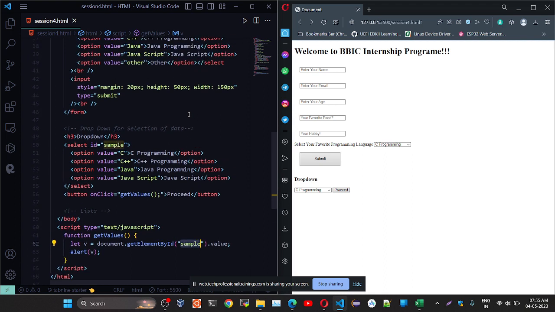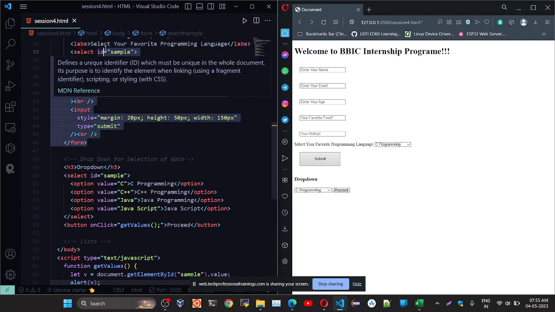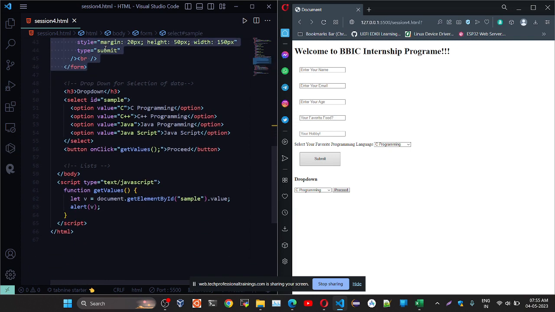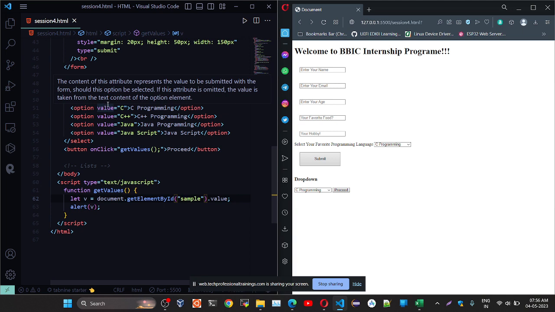So it's always recommended to write the JavaScript at the end of the HTML. Your browser will render all the HTML and then it will come to the JavaScript. So when your browser renders the HTML, it knows what the sample is. Sample is the ID name for the select. When it renders your JavaScript, it will recognize that sample means this particular ID name for the select input. You understood? That's why we need to mention it at the end of the